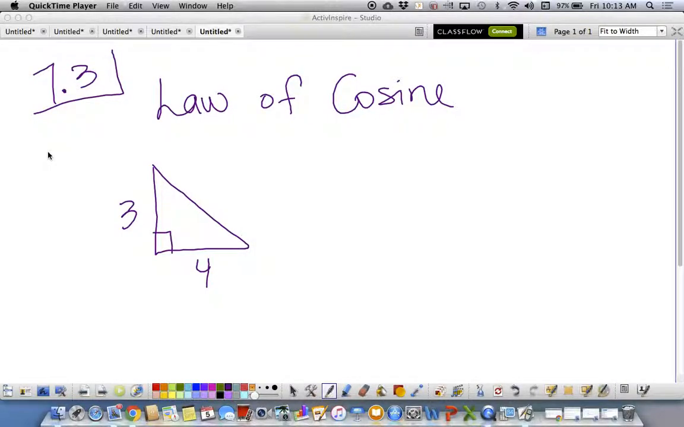All right. So if we have two side lengths and an included angle, if it's a right angle, we can use the Pythagorean theorem. B squared equals C squared. Okay? Pretty simple. But if